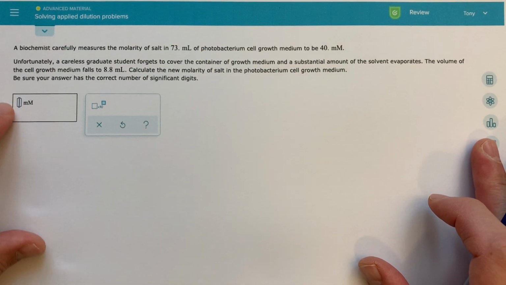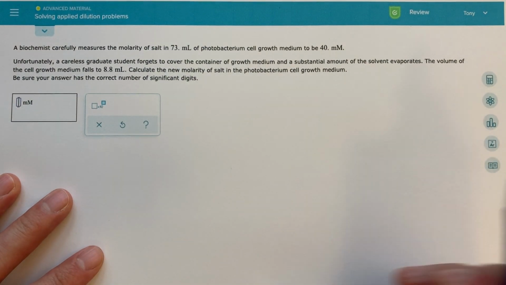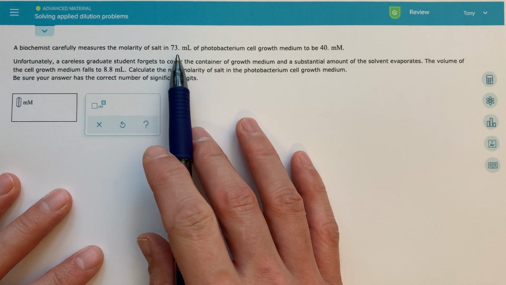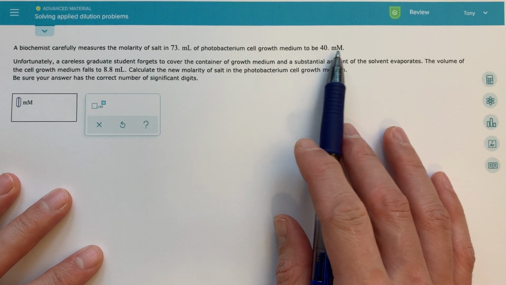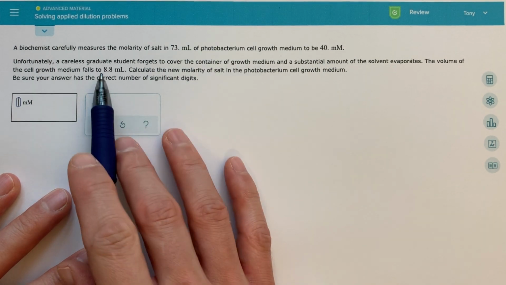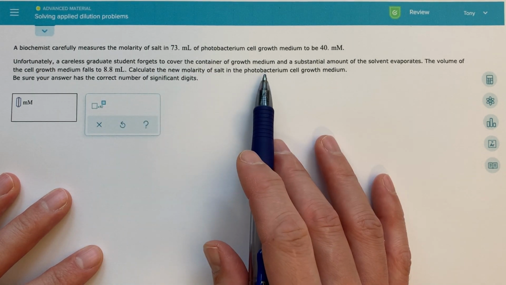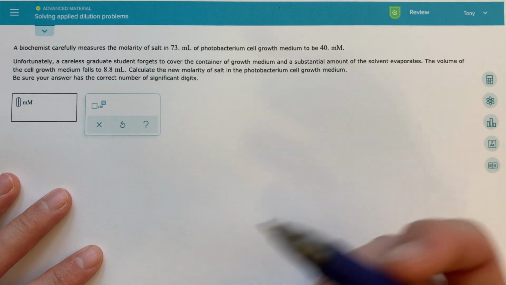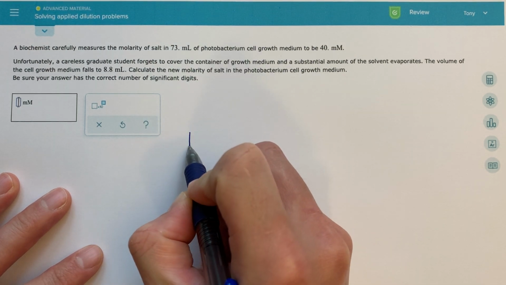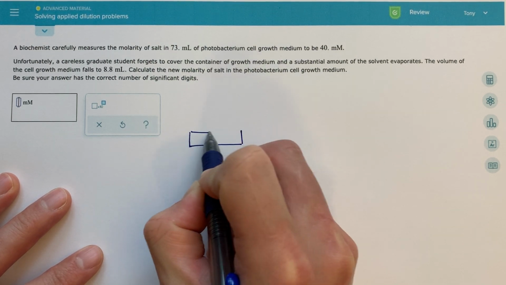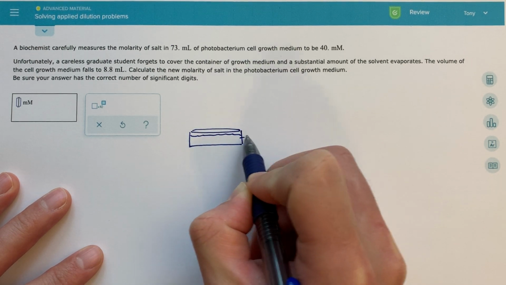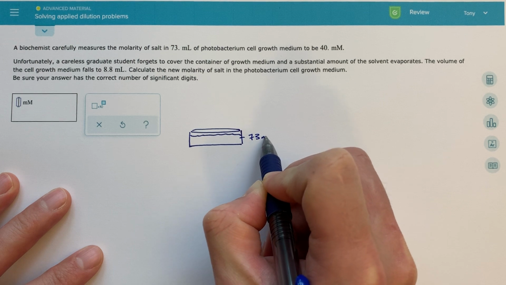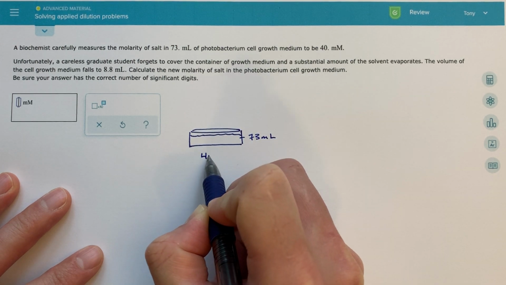Okay. So this one says a biochemist carefully measures the molarity of salt in 73 milliliters of this cell growth medium to be 40 millimolar. Unfortunately, a careless graduate student forgets to cover the container and some of the solvent evaporates. Okay, so let's again draw our picture. We've got our growth container here, we've got originally 73 milliliters, and the concentration here is 40